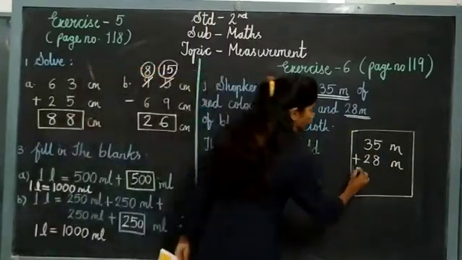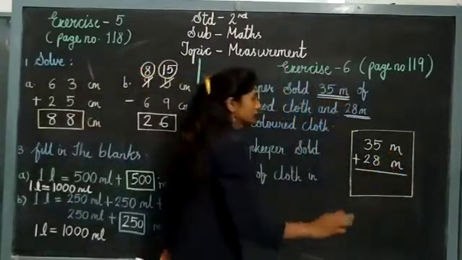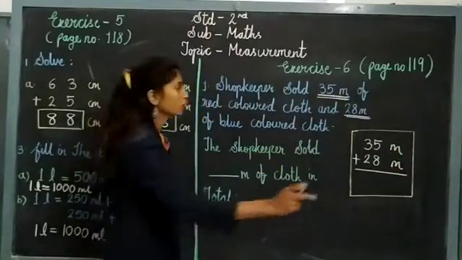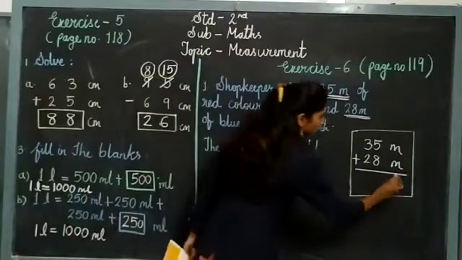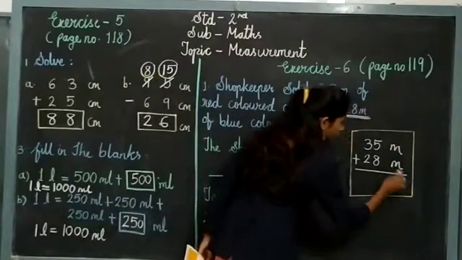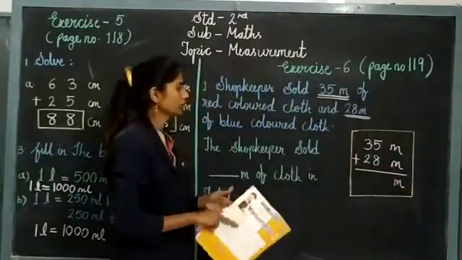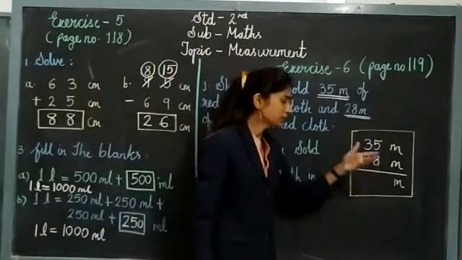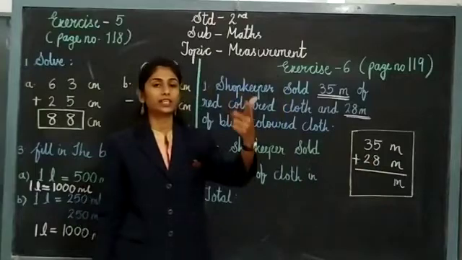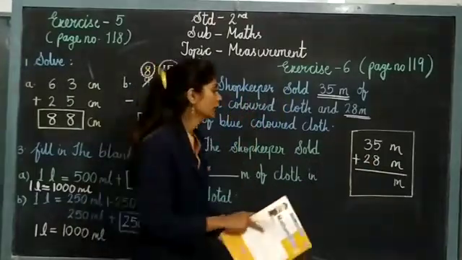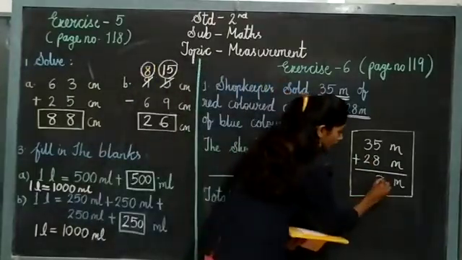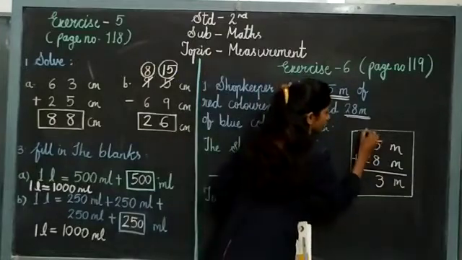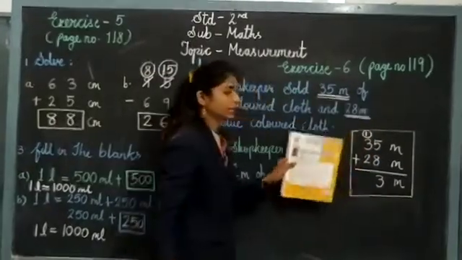So let us all solve it together. Again children, while writing these answers also don't forget to write your units. Okay, so meter is equal to meter. Let us all solve this. Again we are solving here one side plus. So 5 plus 8 is equal to, now 8, 9, 10, 11, 12, 13. Here 13 is coming, so 3 I am going to write here under 1's place. And what about that 1? That 1 is going to carry forward under tens.